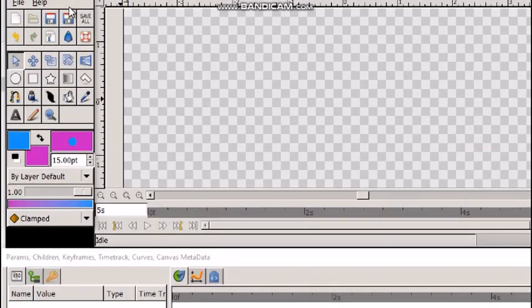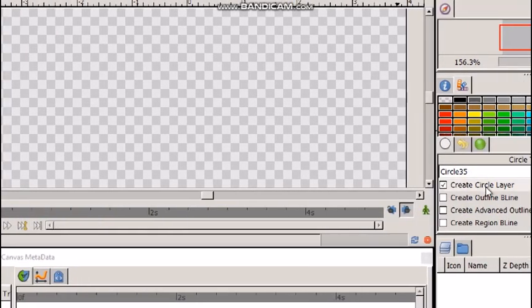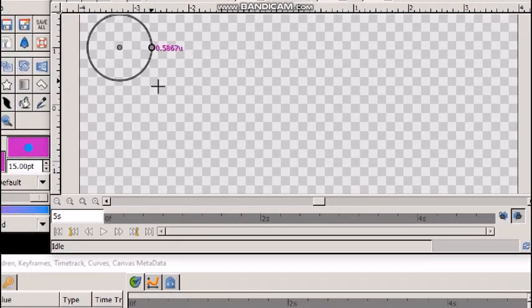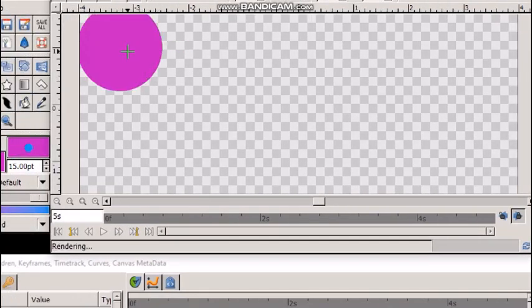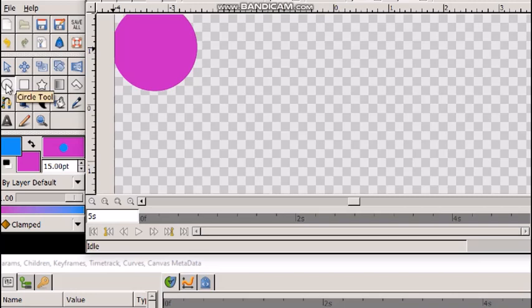Now select circle tool and draw a circle. Here we have only selected create circle layer. Now we'll be drawing a circle. We can use transform tool to make changes in this drawn circle.